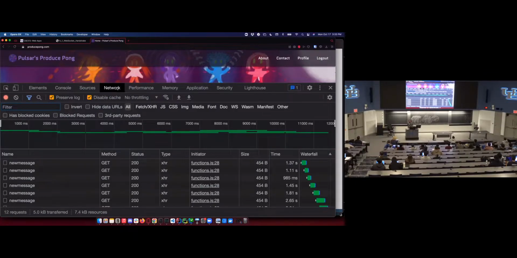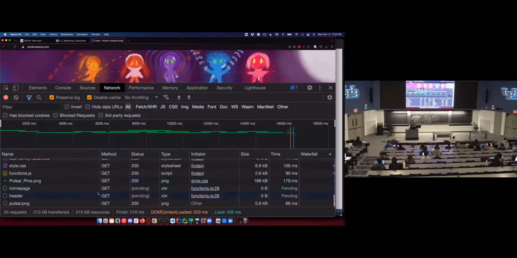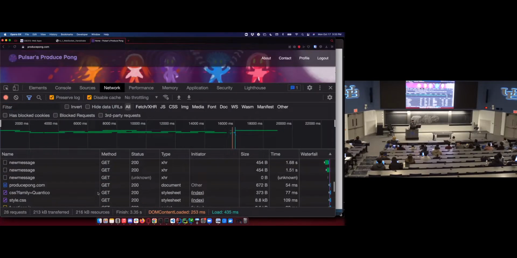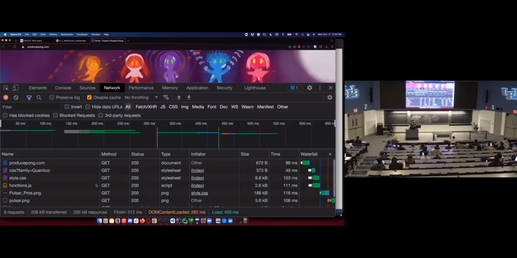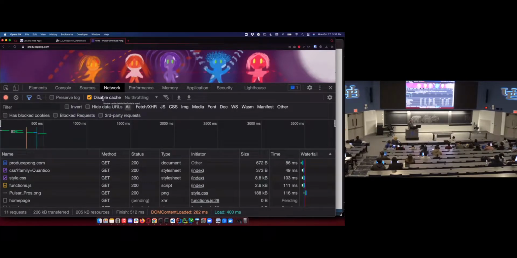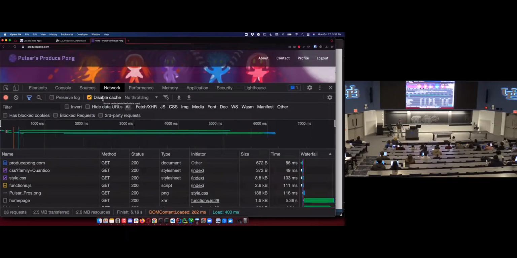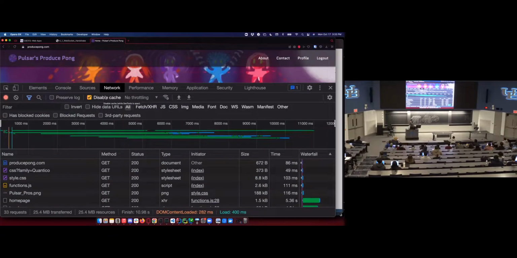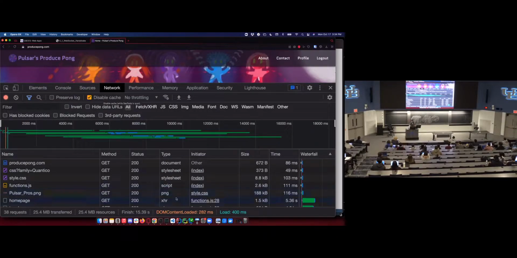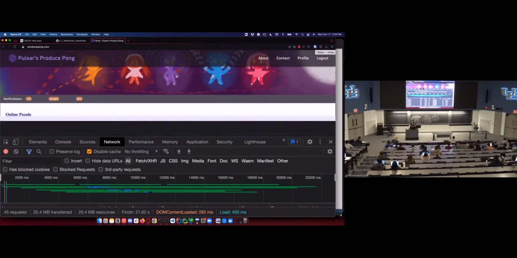I'm going to the Network tab so I can see all the HTTP requests and responses. And I'm going to refresh the page, which I don't think has WebSockets. I'm not going to preserve log. I'm disabling cache too. This is a common issue when you're developing a website. Your browser likes to aggressively cache things. If you open this console and disable cache, you'll always get the fresh site from the server. So if you're seeing old content when you're testing, try disabling cache. I don't think WebSockets are on this page.